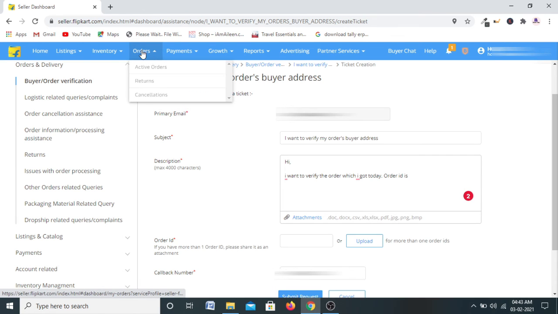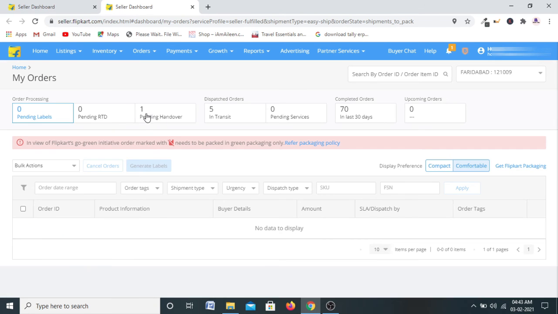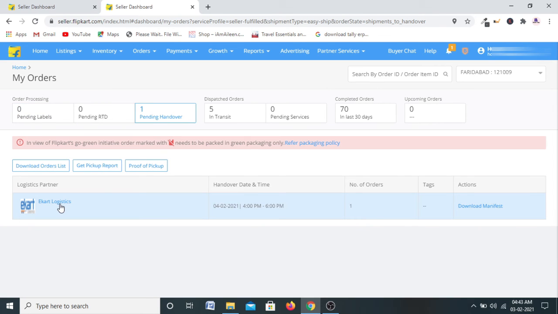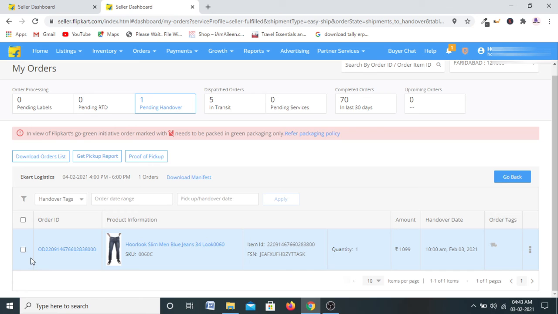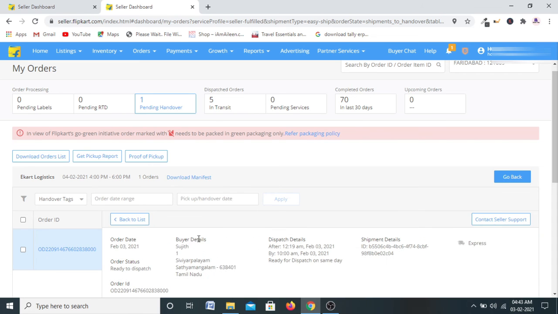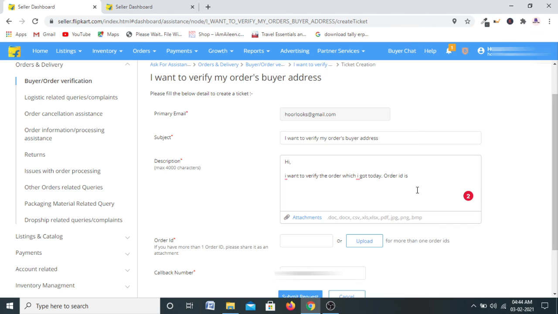I will click on the active orders section, then pending orders, and I need the order ID. So this is the order ID which I can take. I copy this order ID from here and mention it here and request to do the needful ASAP.